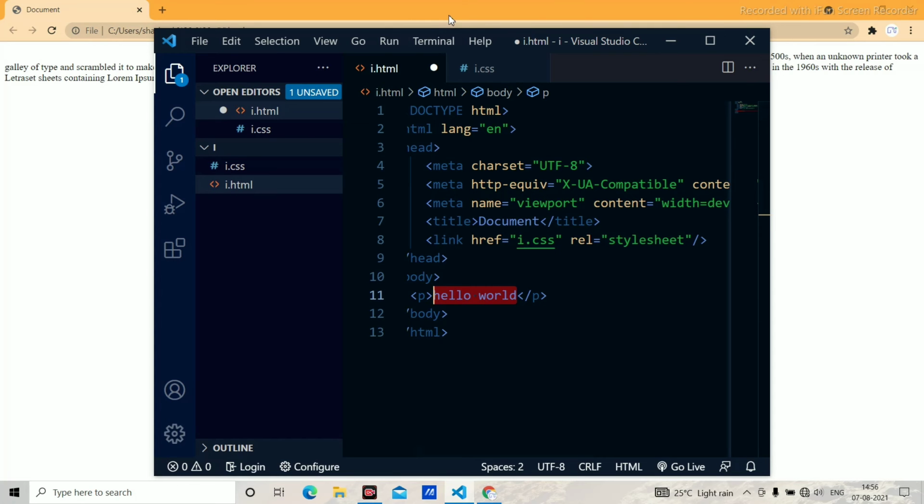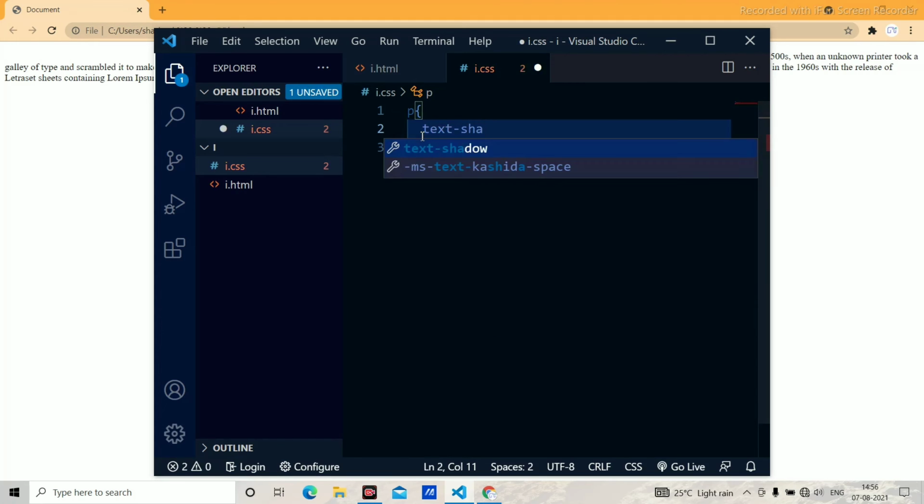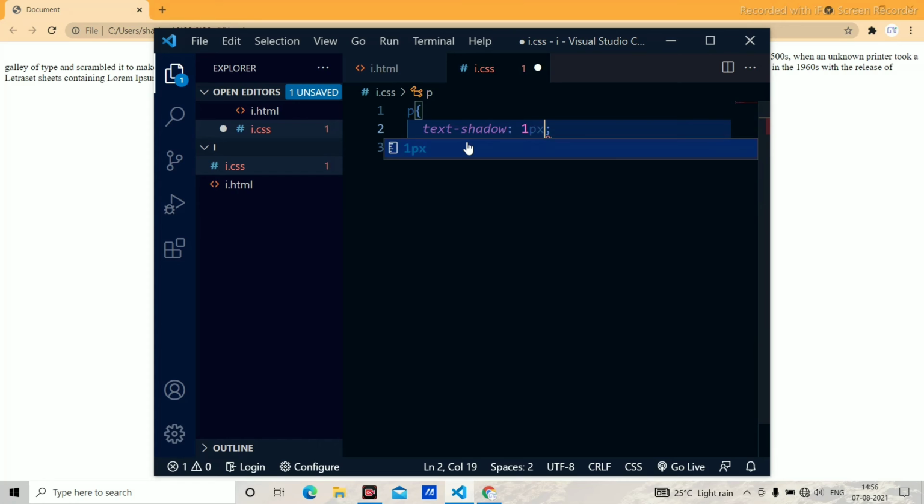You have learned the text shadow, how to add the text shadow. In the presentation I will show you. Here I have added the text indent. I will remove it, and now I will add the text shadow. For the text shadow, I will add 1 pixel and 1 pixel, and for the spreading I mentioned 4 pixel, and I will mention what the color is.